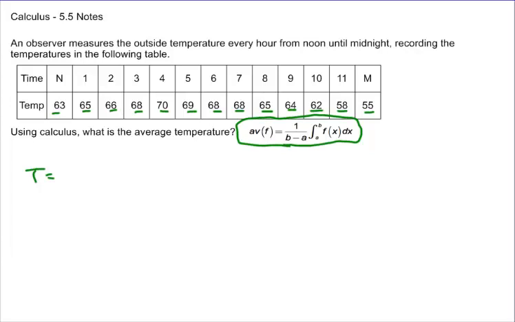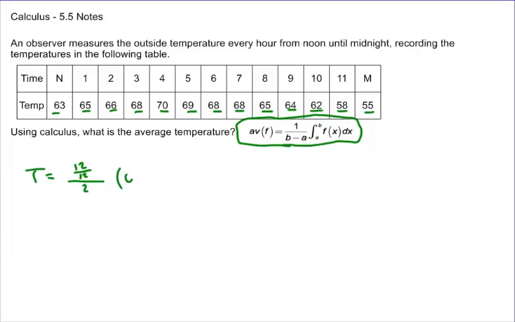So T equals H divided by 2. Well, what is H? If you go back to your notes, H is equal to where you stop minus where you start, divided by the number of intervals. So we're looking at stop minus start. We're looking at a total of 12 hours here. And then we're looking at a total of 12 intervals, and that's going to all be over 2. And then times